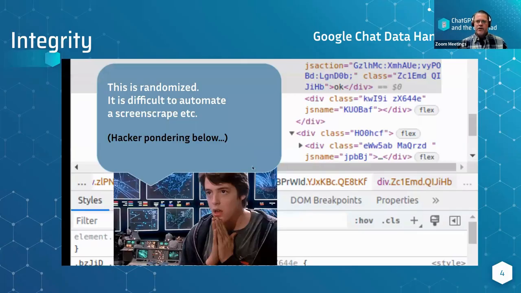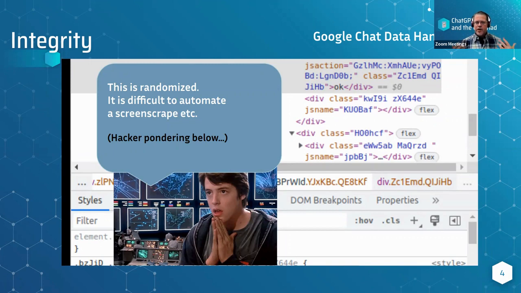And when I come over here, you'll see that this word okay is in the chat. Now, what Google Chat does is it is basically randomly generating IDs for divs and the other containers. So it is really difficult for something malicious in your browser to scrape this information and copy it. So they have baked in the security.